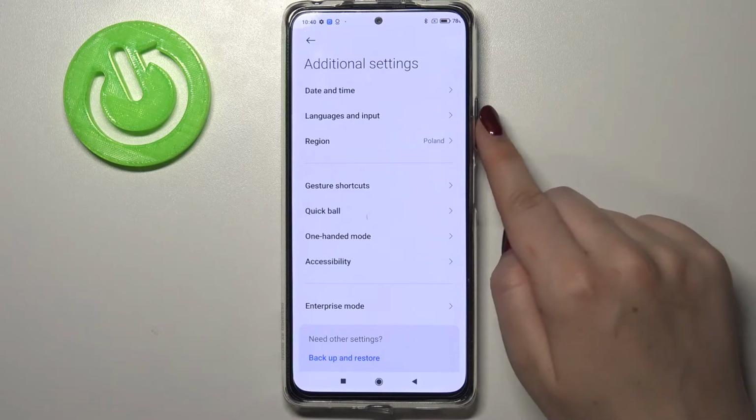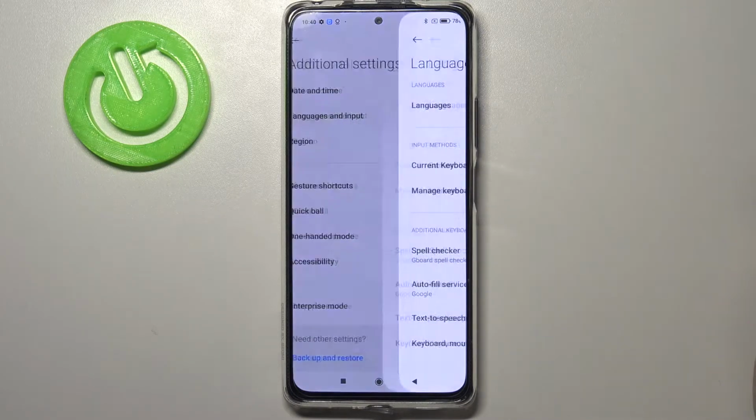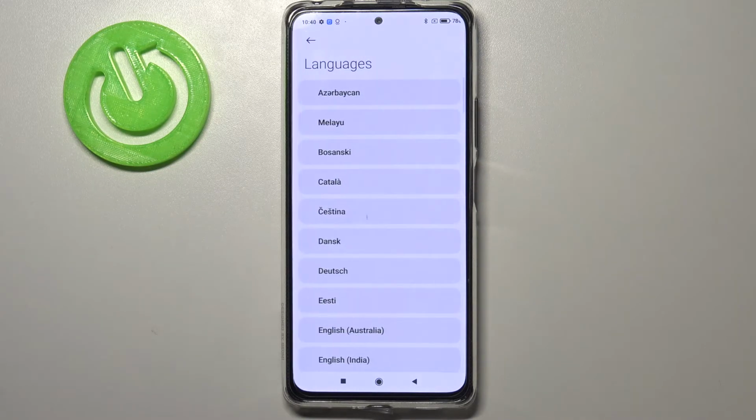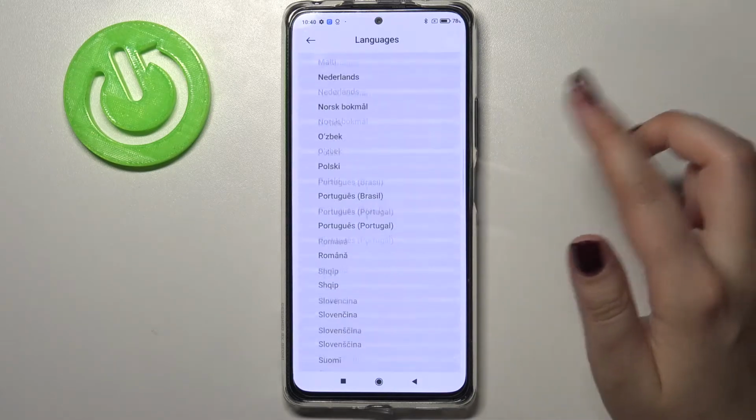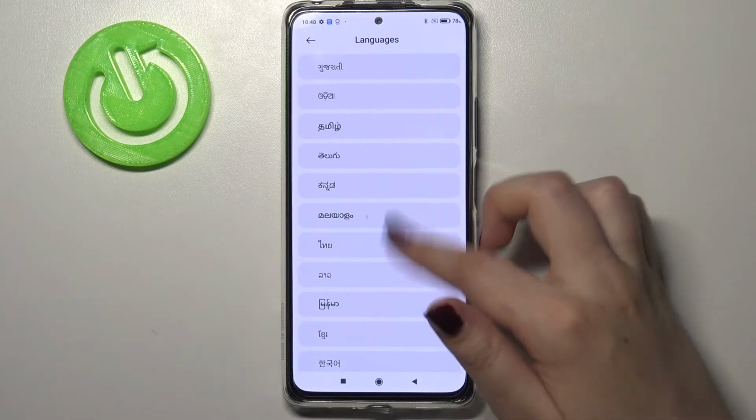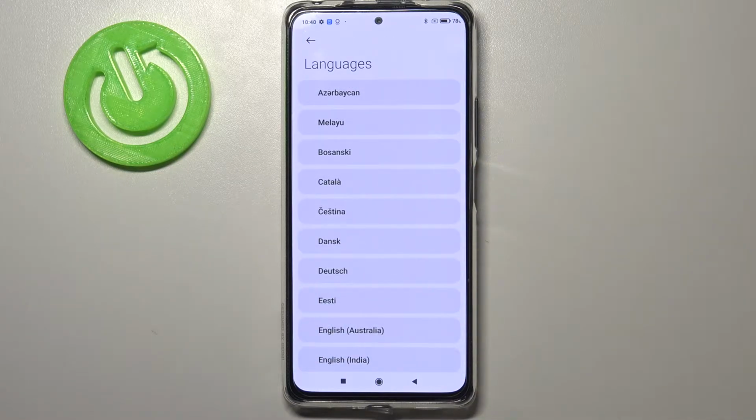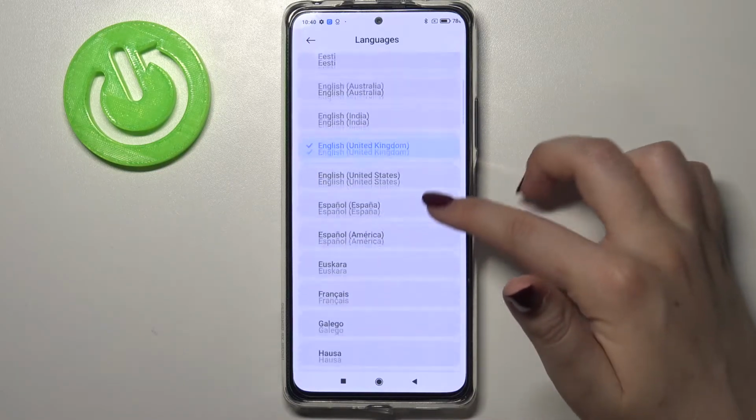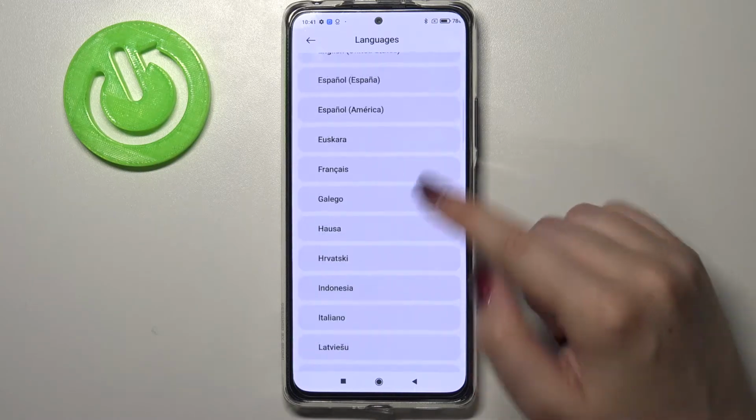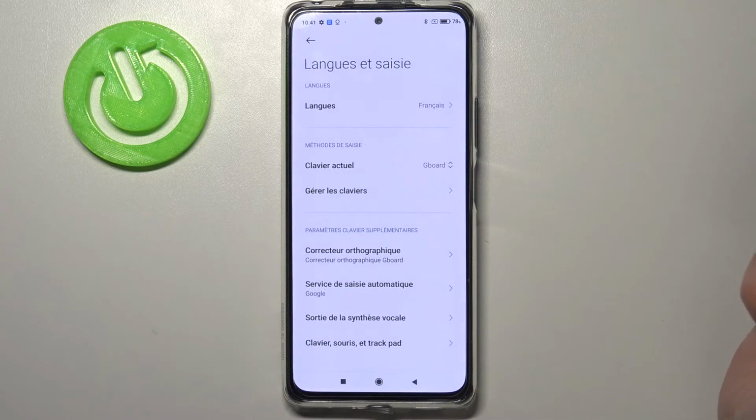Here we've got languages and input on the second position, so let's tap on it and tap on the languages at the very first position. And as you can see here, we've got plenty of languages from which we can choose, which we can set. So actually all you have to do in this device is to find the language you'd like to set and tap on it. So I will pick French maybe, just tap on it, and as you can see it has